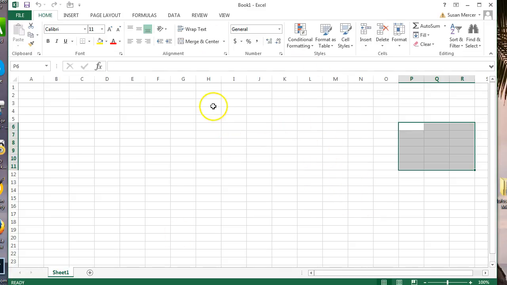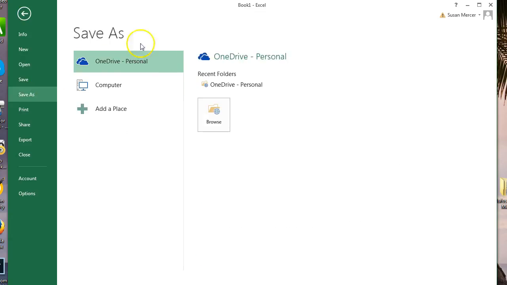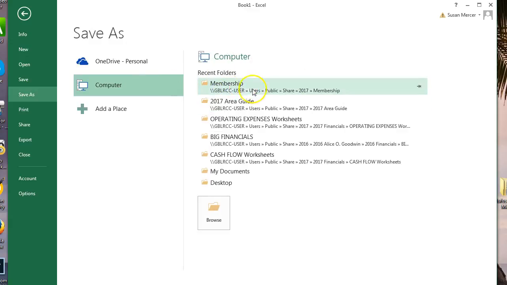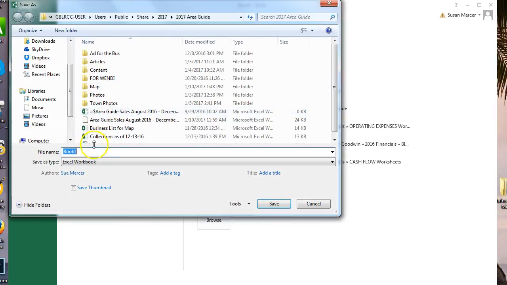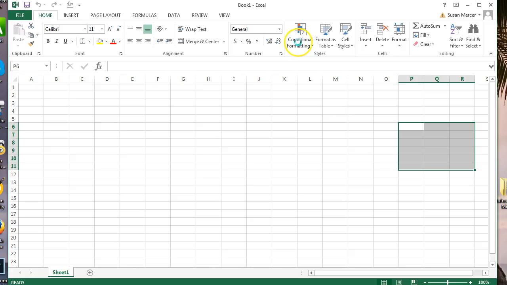So what you might want to do to start off with is go File, Save As, and name it whatever you want to name it. Let me just put it in the area guide. Waiting for it to get there, and then I'll call it test sheet. And I'm going to save it in my area guide area, and I'm going to say save. Alright, so this way now you have a name at the top that tells you what this workbook is going